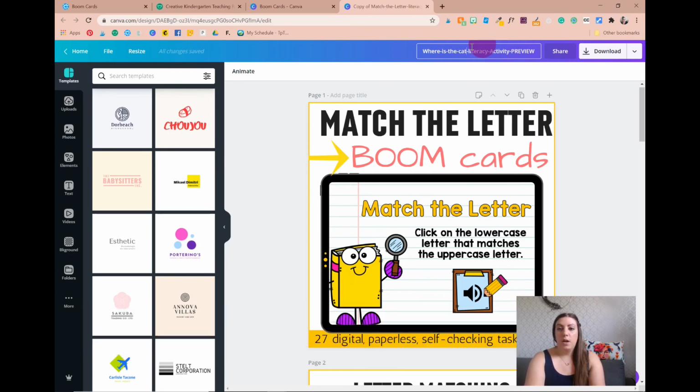And then it could be whatever literacy activity preview. Make sure you're putting that on there so that when you go to upload these different things, you know what the files are because you're naming them properly. So the first thing I'm going to do is I'm going to go through, this is going to be my